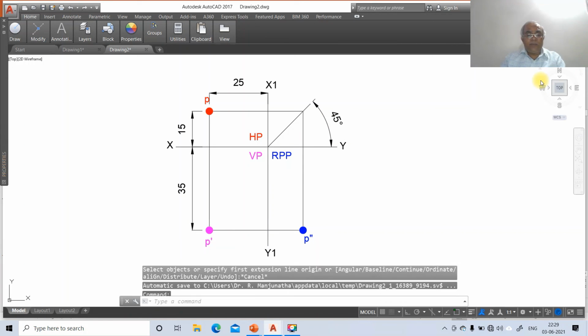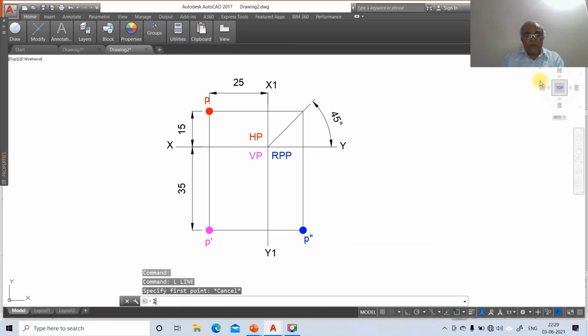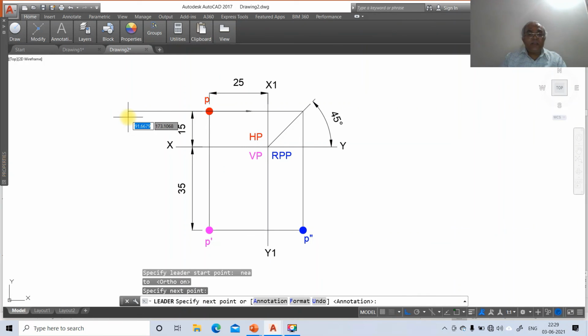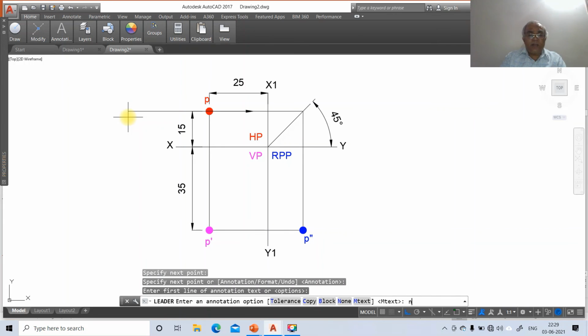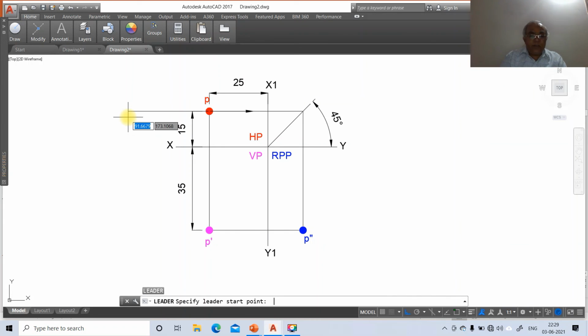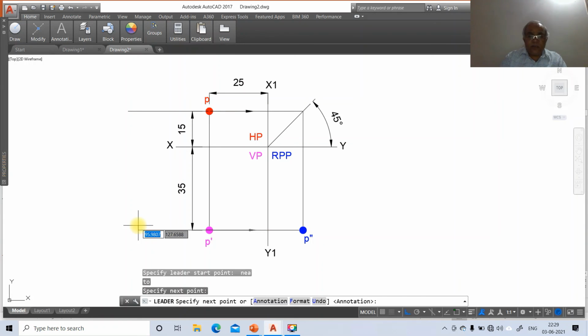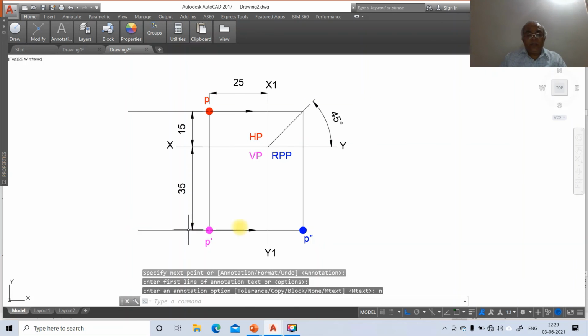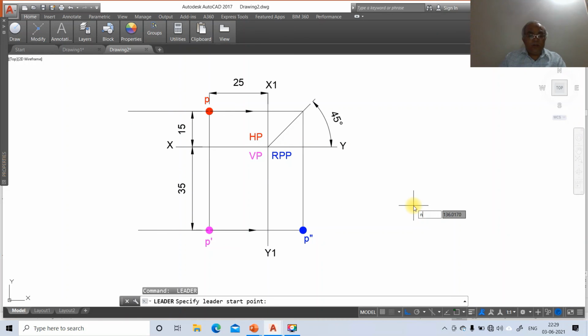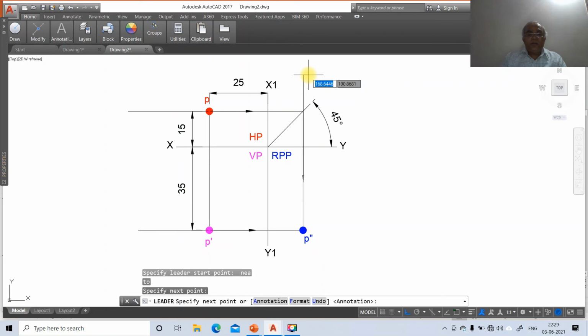Then go to escape, then go to leader, LEA, leader, take nearest point and switch on the ortho mode. Select this and take annotation option none. Then go to leader, go to nearest, select this line and click annotation option none. Similarly, leader, go to nearest, select this line and draw it to the top side, then annotation option none.